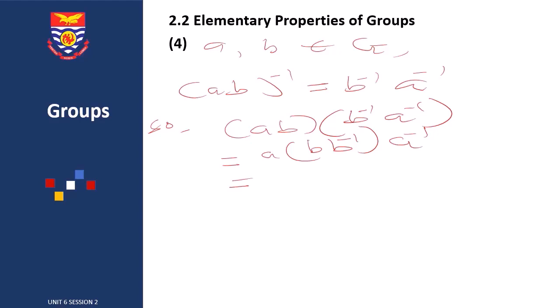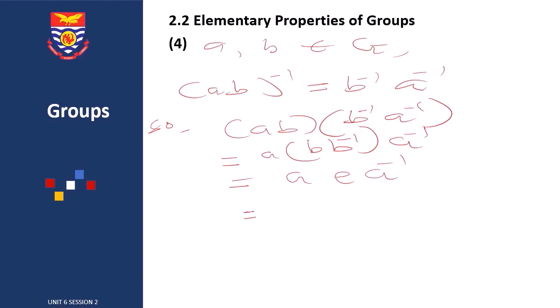And B times B inverse, what do I get? B times B inverse is the identity element, so A inverse. And I think when you multiply the identity element by any number, it doesn't change. The meaning remains the same. It's like